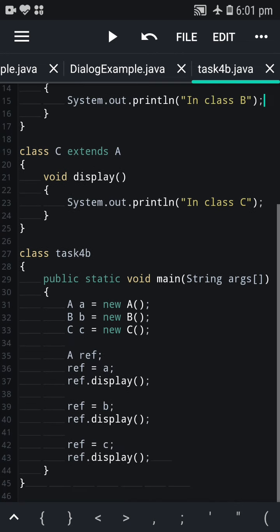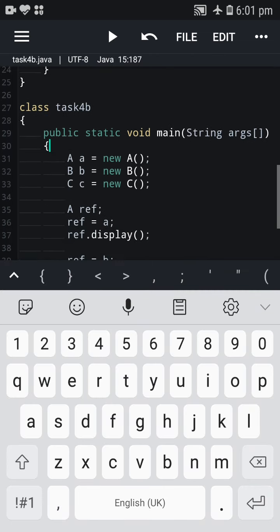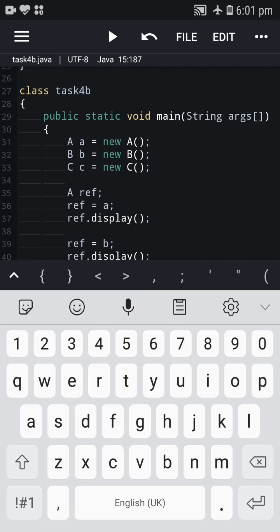So in this example, we are creating a reference variable of type class A, assigning the object of class A to it, and trying to access the display function. When you access the display function using the reference variable holding the address of object A, then we all know that the display function of class A will be executed.